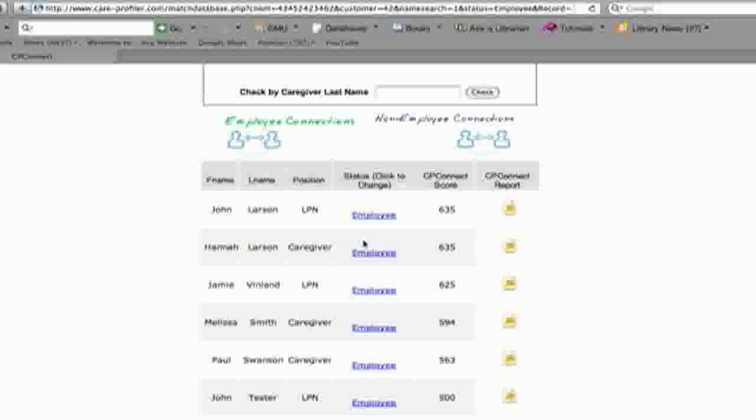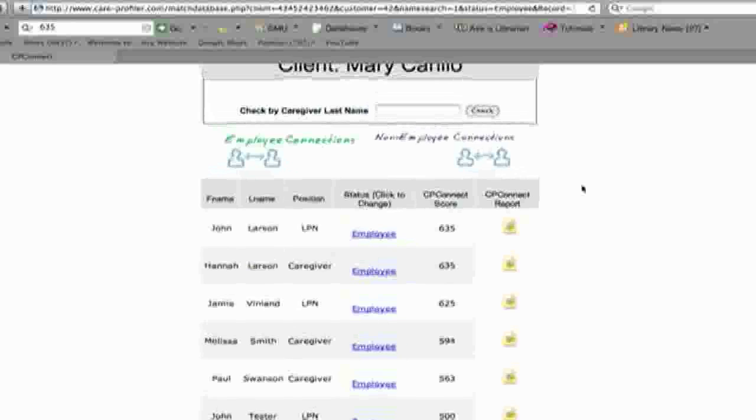Incidentally, we're currently viewing your current employees. You can also take a look at your applicants that you might have in your database to see if there might be some people that you might want to bring on specifically for Mary that would be a good fit. So in addition to the compatibility score with Mary, the likelihood of the strength of their connection,